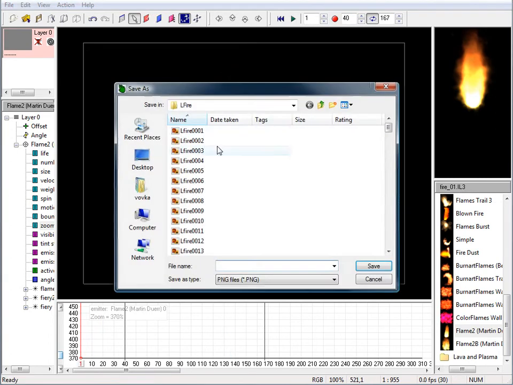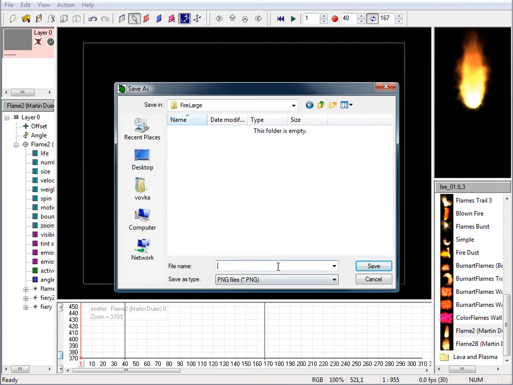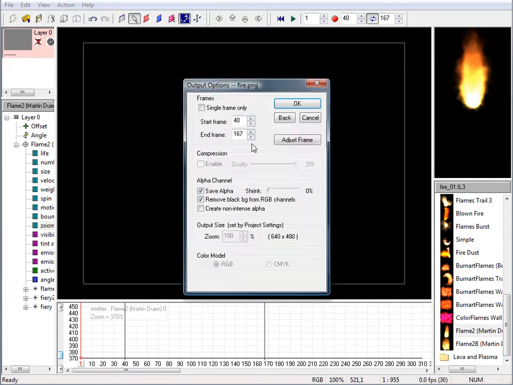It's very simple. You're ready to create. Let's create a new directory. Call it fire png. Let's save it. We want to save from the first frame. Also be sure you have it save alpha and remove black BG from RGB, so it will be a more